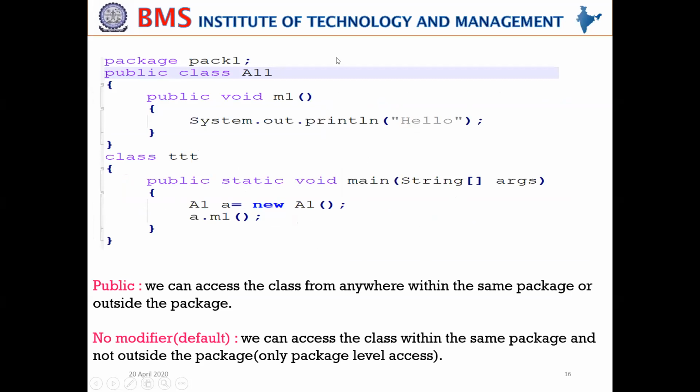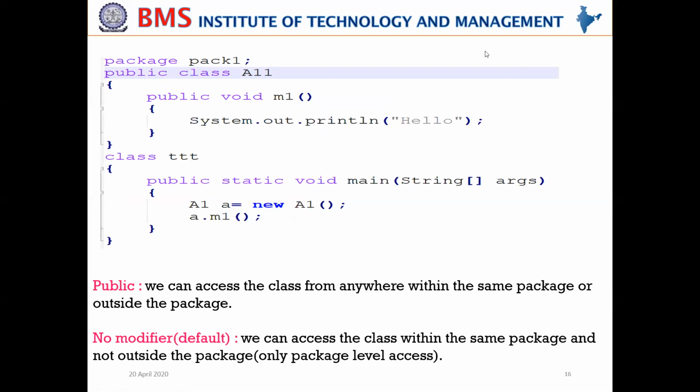Coming to the next example, if the method is declared as public, that method can be accessed within the class also. To illustrate that, we create an object for the class containing a method of type public, and we access that method from the other class. So what we understand from this example is, if any method or variable is declared as public, it can be accessed within the class, outside the class, within the package or outside the package.